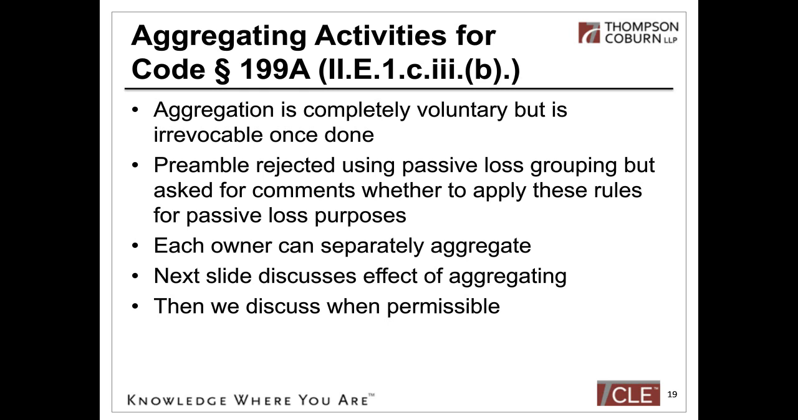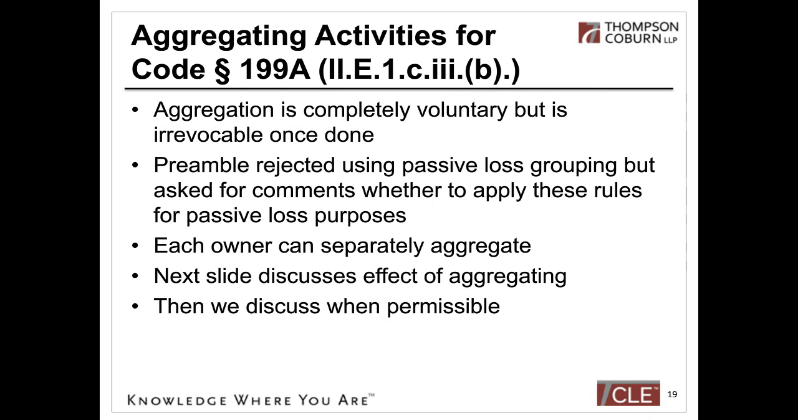There's some differences between the passive loss rules and 199A. We're not going to look to those. We're going to invent our whole brand new set of rules to see whether you can add businesses together. But it is nice that at least they gave us an aggregation rule. I mean, they could have just said each business stands on its own merits. You don't get to combine any attributes. But what they said is